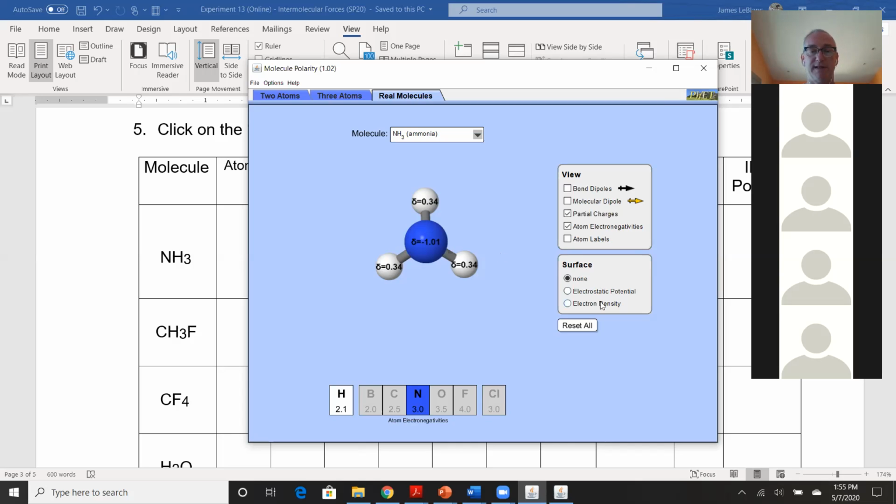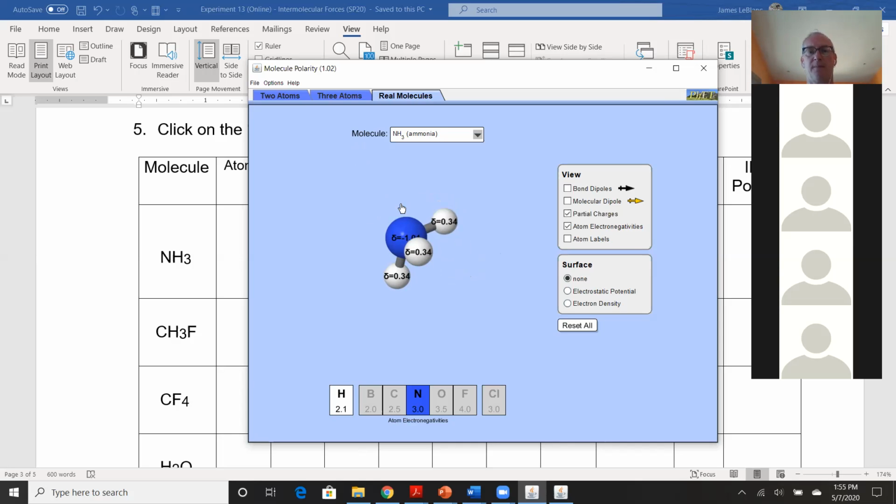And then you can see. Let me just flip this to one side. You can see this a little bit better. So the partial charges are the negative 1.01 and 0.34? Well, there's 3 that are 0.34, right? We have 3 different hydrogen atoms. So you add up all the partial positive charges and all the partial negative charges, and they should